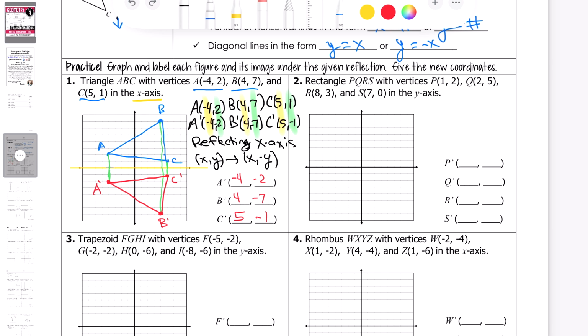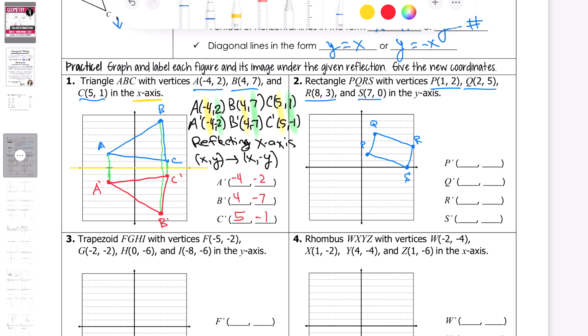All right, so for this next one, we have a rectangle and it's PQR. So we're going to go through and graph each one of these pieces here. So I'll go in blue here first. So P, we're going to go to the right one and up 2. And then Q, we're going to go right 2, up 1, 2, 3, 4, 5. So there's Q. And then R, I'm going to go all the way to the side for 8 and then up 1, 2, 3. It helps to know that these are 8 wide in any direction. And then for S, we're going to go to 7 and just stay there because it's 7 and 0. So here is my